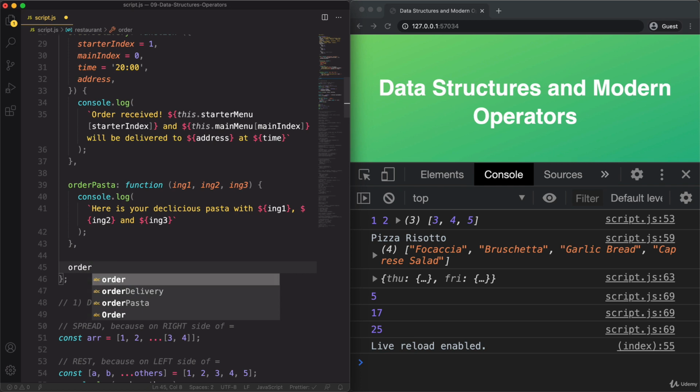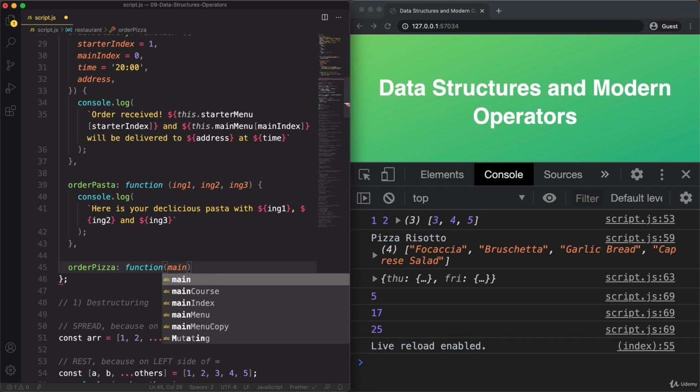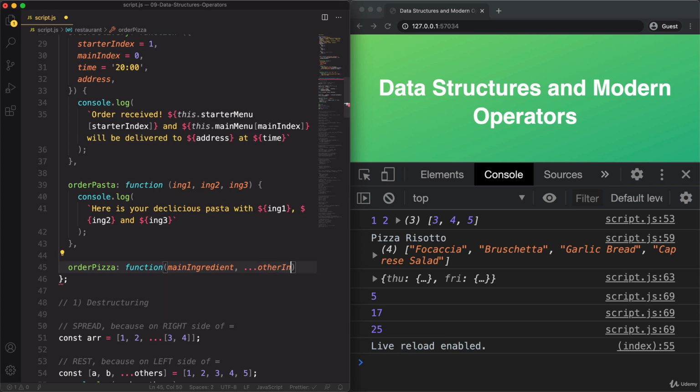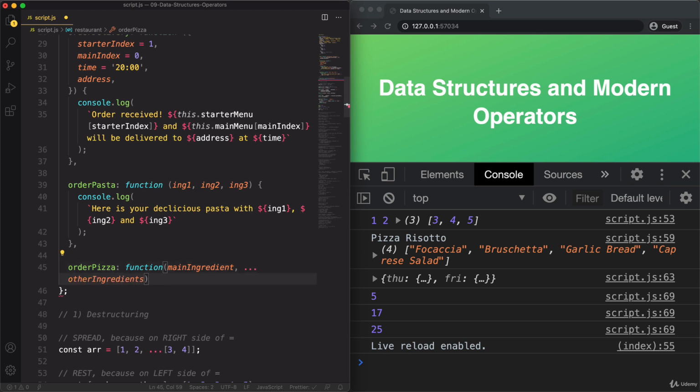So order pizza. And now pizzas need to have at least one ingredient, but the other ingredients are optional. And for this, rest parameters are perfect. So let's say main ingredient, and then the other ingredients. And so now this is going to work a little bit like destructuring again, where then